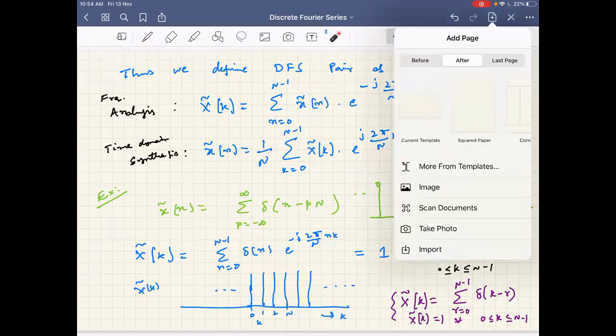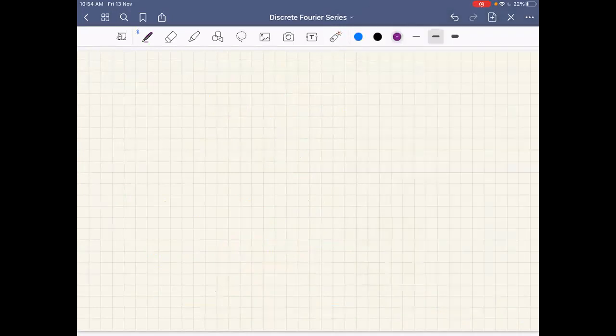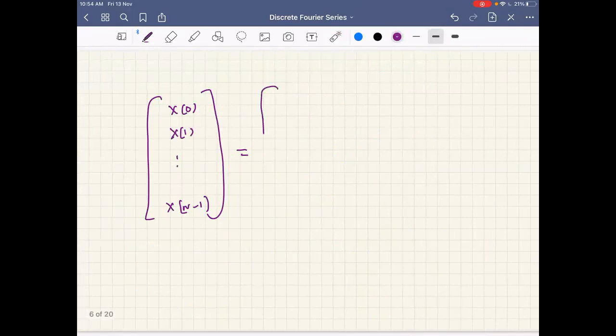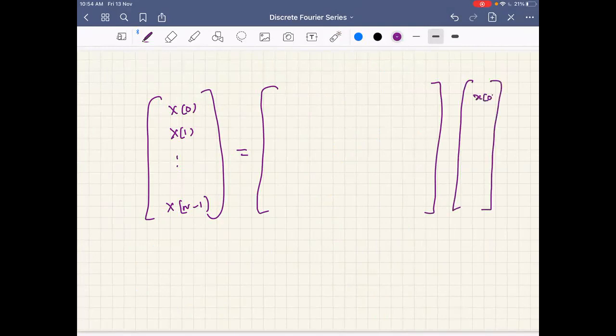So now if I want to write all the X of k here, X of 0, X of 1, and so on, X of n minus 1. I can write those mathematical expressions, the summation and so on, in matrix vector form to easily represent. This is x of 0, the sequence, and so on, x of 1. All our tildes are there if they are repeating. Since they are repeating, I'm just dropping them for comfort.